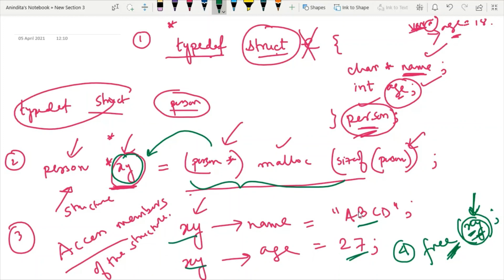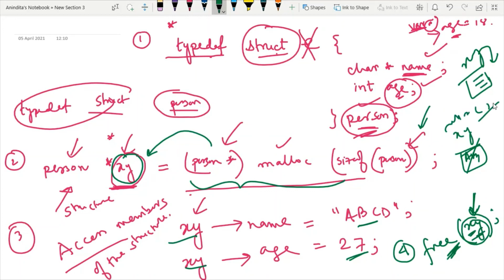You are not deleting the variable. This variable does exist in the memory, but the content of the variable will be removed. I can use this variable again for some other memory allocation. So freeing xy means deleting the data, not the variable. This is my point.